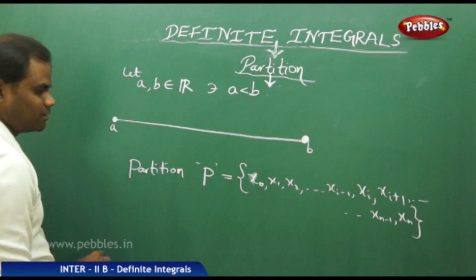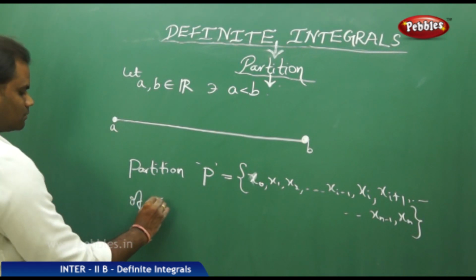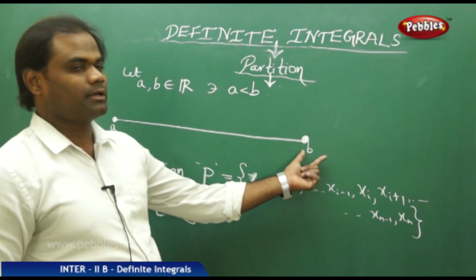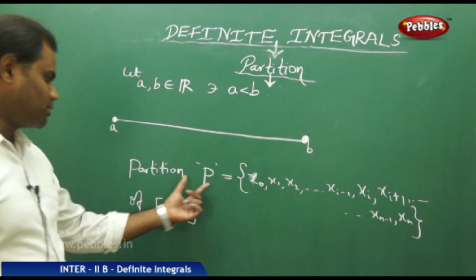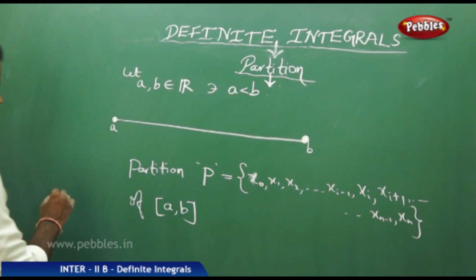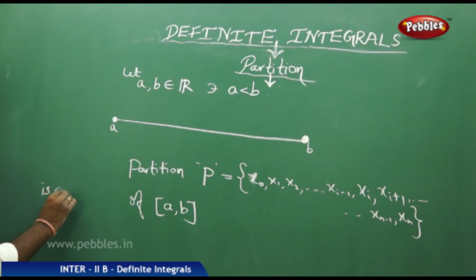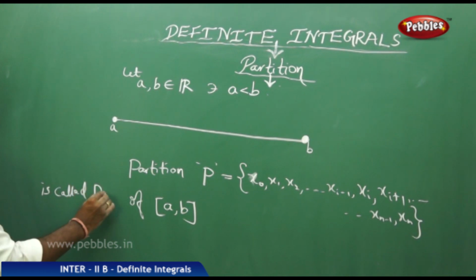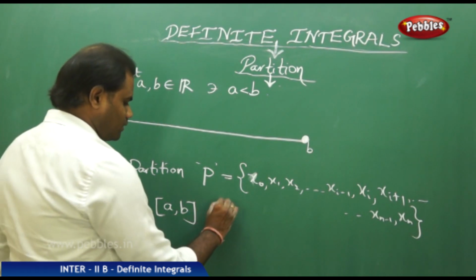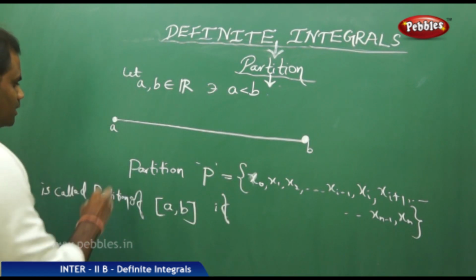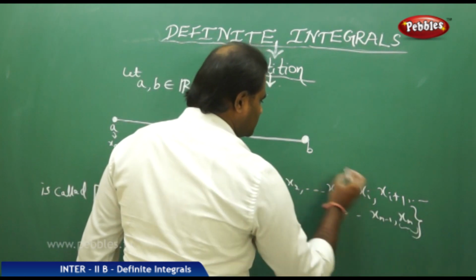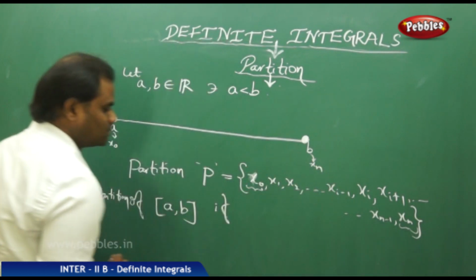This is said to be a partition of the closed interval AB, denoted by this number line, including A and B with filled in circles. It is said to be a partition of AB if I have the condition that my A, which is assumed as x naught, the first term, and my B, which is assumed as the last term, is such that